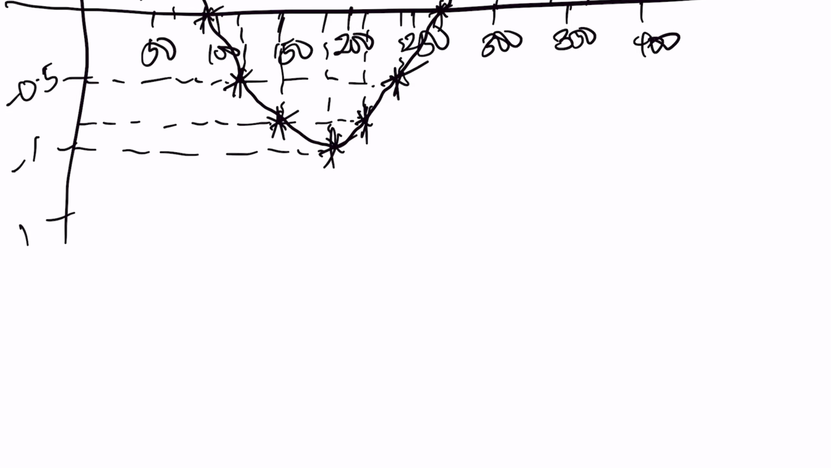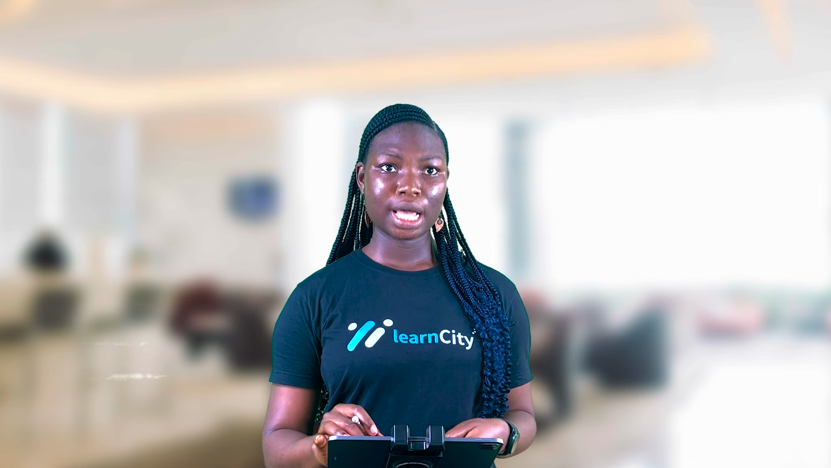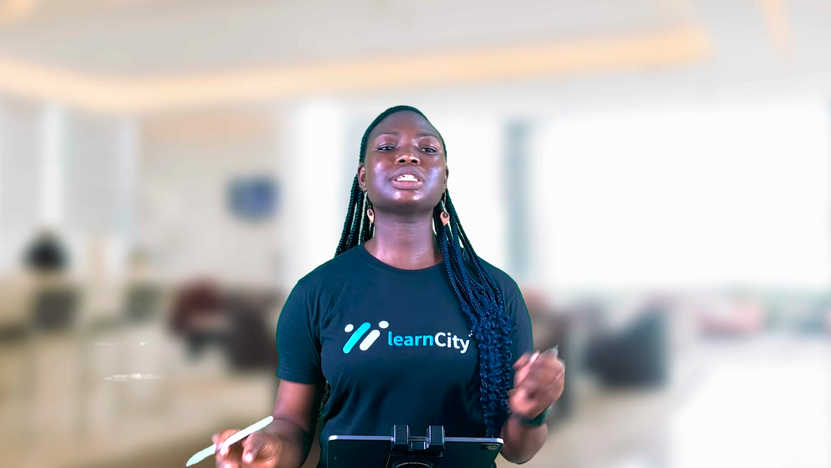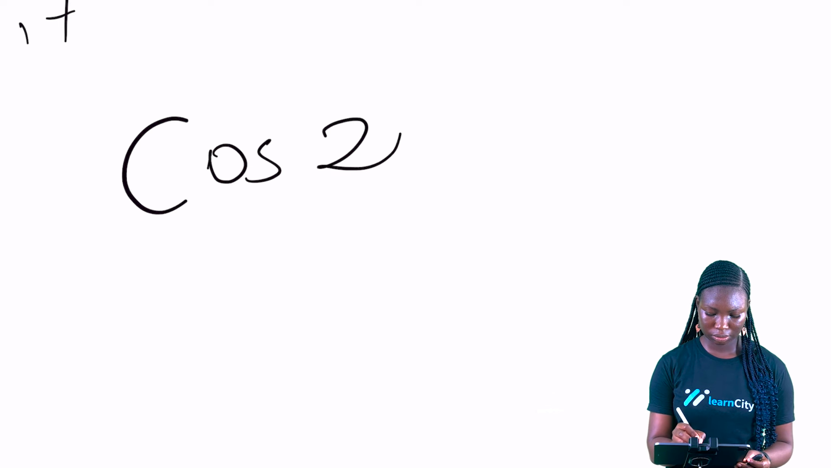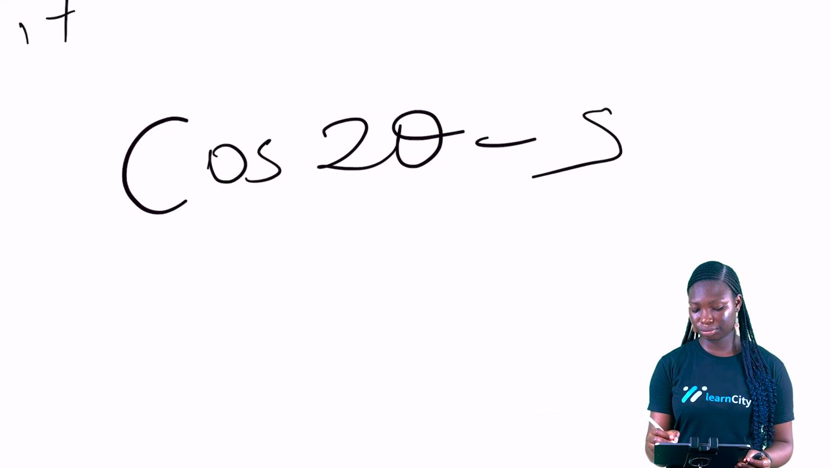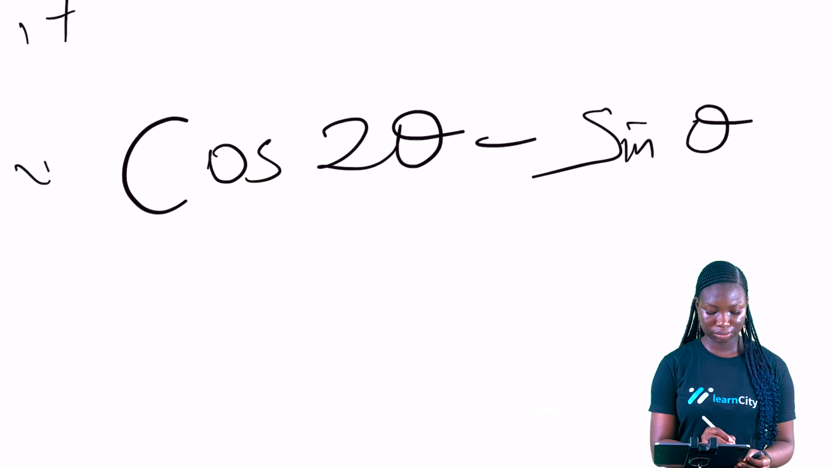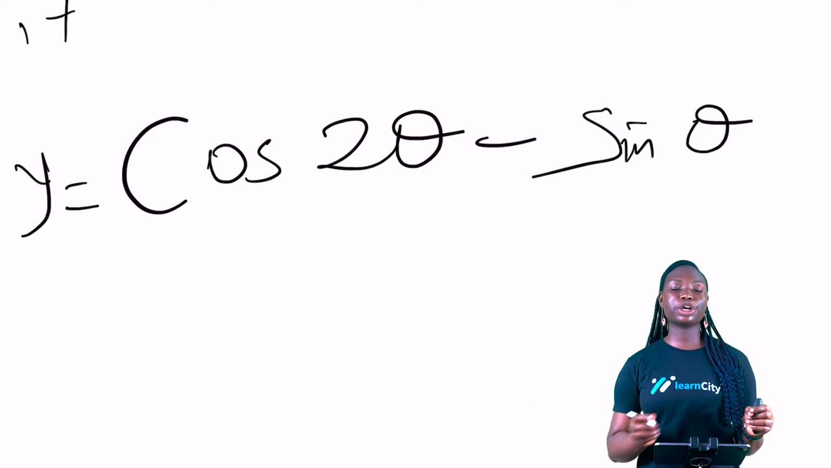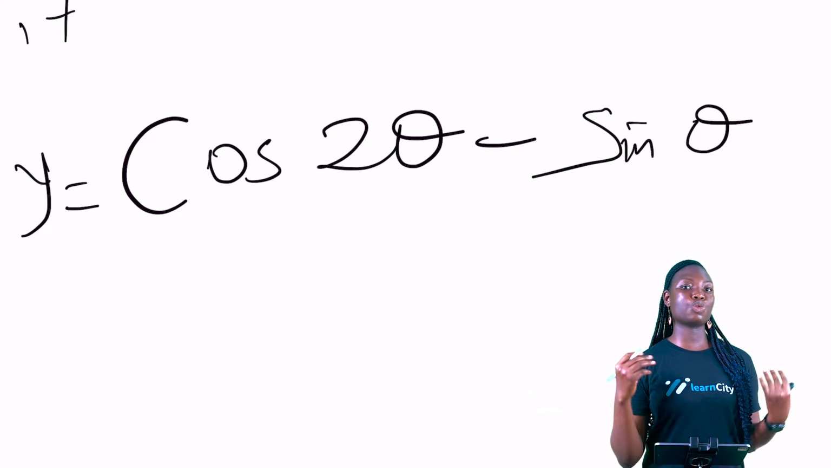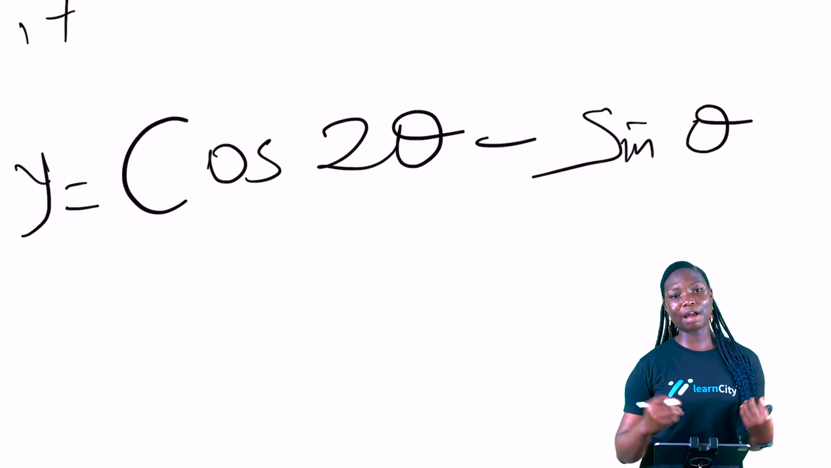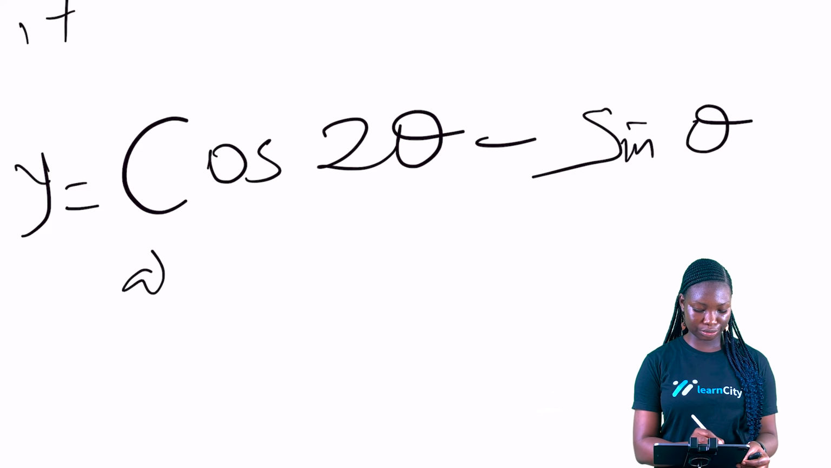Now, moving to the next example. The next example says, using an interval of 30 degrees, draw the graph of y equals cos 2 theta minus sin theta for 0 less than or equal to theta less than or equal to 180 degrees. Use the graph to determine the minimum value,